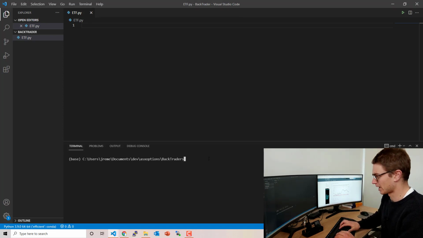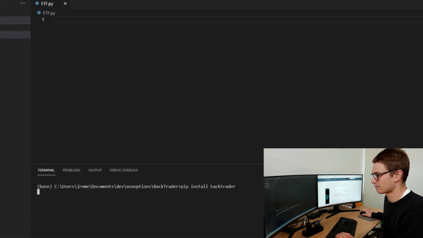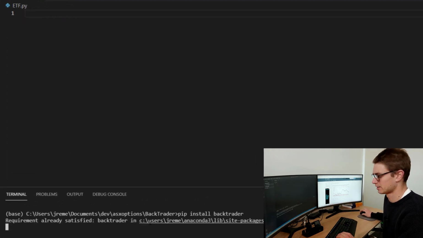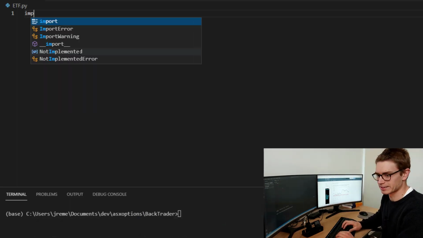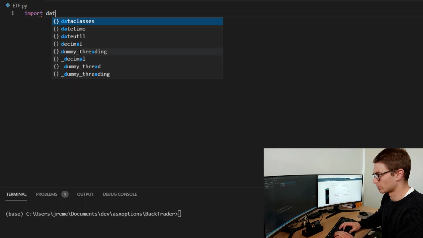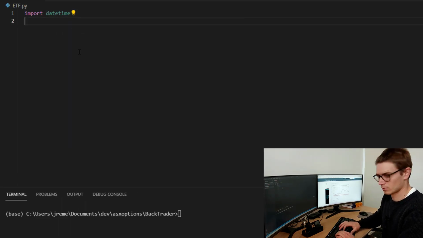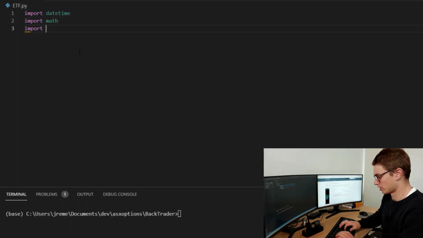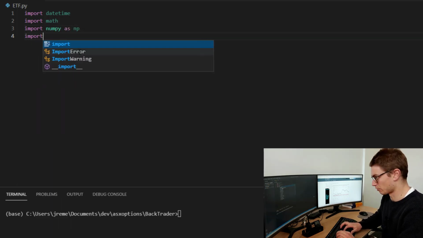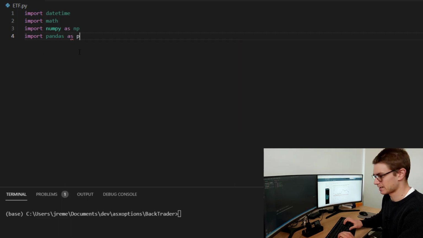First thing you will have to do is pip install Backtrader if you haven't already. I obviously have, so requirement already satisfied. Cool. So let's start importing our dependencies. So I'm going to import datetime. I'm going to import math, import NumPy as NP, going to import pandas as PD,